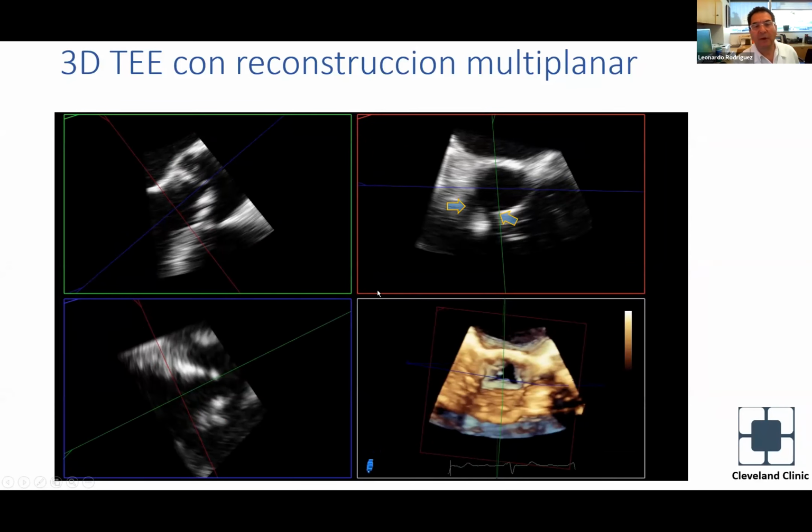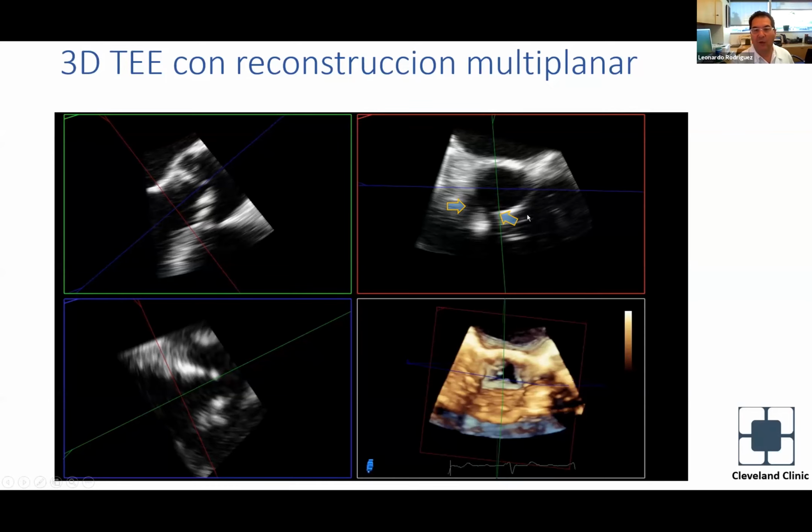Ven ustedes aquí, es del mismo caso, en una imagen congelada, donde se puede ver lo que les mencionaba de la sombra acústica del calcio. Ven ustedes estas flechas que muestran las zonas calcificadas, donde son áreas de discontinuidad del ultrasonido y se introduce un elemento de adivinar dónde está el contorno de esto, pero también es útil esta imagen para ver cómo el eje corto y el eje mayor de esta área son disímiles,